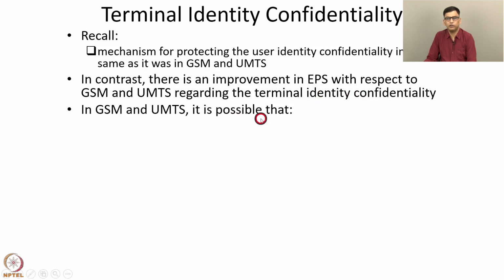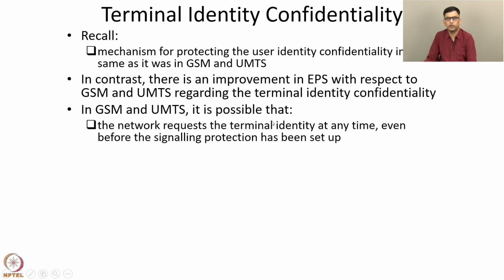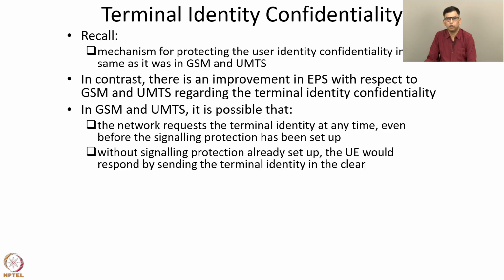In GSM and UMTS, it is possible that the network requests the terminal identity at any time, even before the signaling protection has been set up. So once the cell phone sends its terminal identity to the network, if an intruder is eavesdropping on the channel, then the intruder will obtain the terminal identity, and thus will be able to track the cell phone. So without signaling protection already set up, when the network requests the terminal identity, the UE responds by sending the terminal identity in the clear,